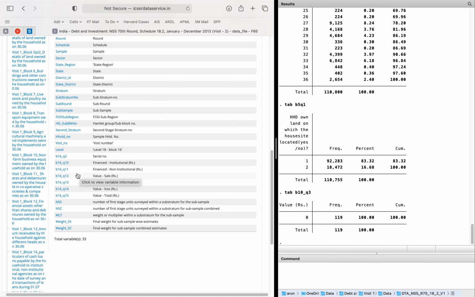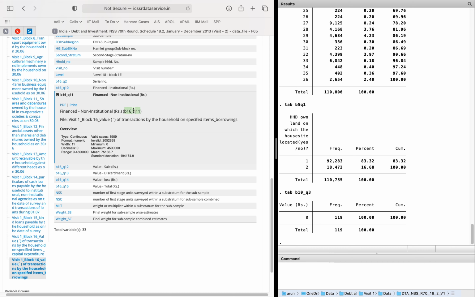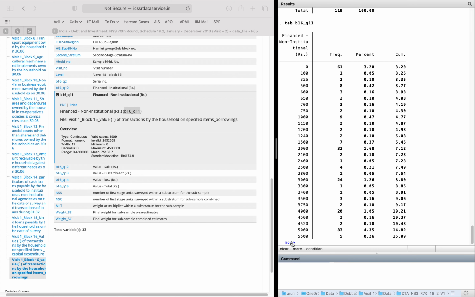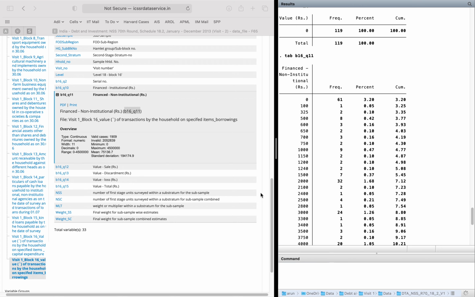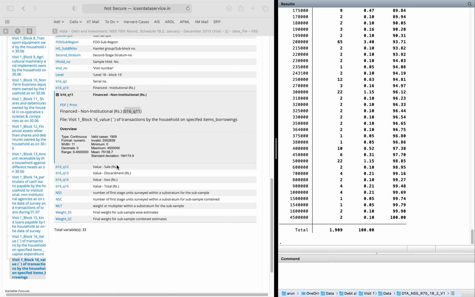For example finance non-institutional, this particular thing we'll try. We'll copy the code and paste here. We have to put tab before that. There is so much information. Now see, valid cases 1909, here valid cases 1909, so it is perfectly matching.